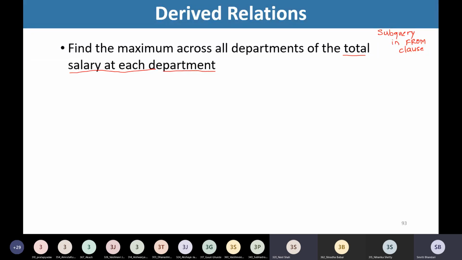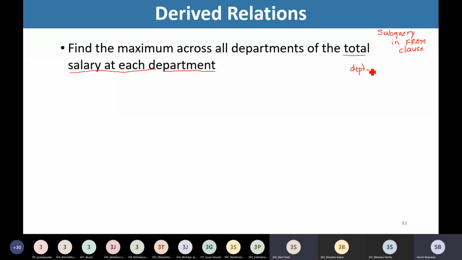So to find total salary from each department, we should select department name, then we should use sum, and in that, from instructor, and we should group that all using department name. Okay, very true. So first of all, we need to find out sum of salaries per department.